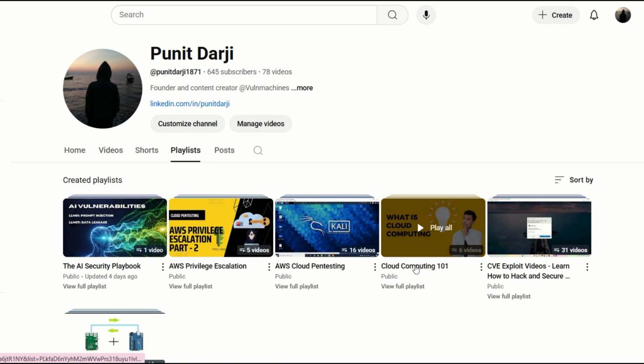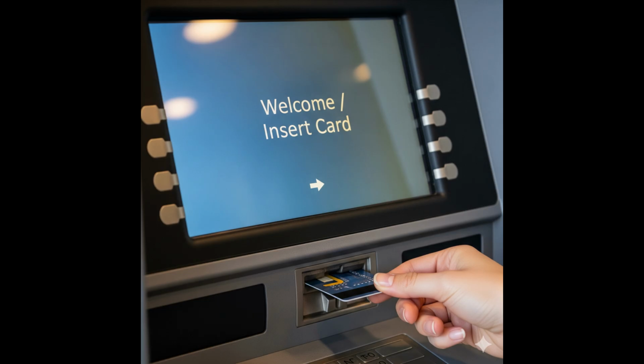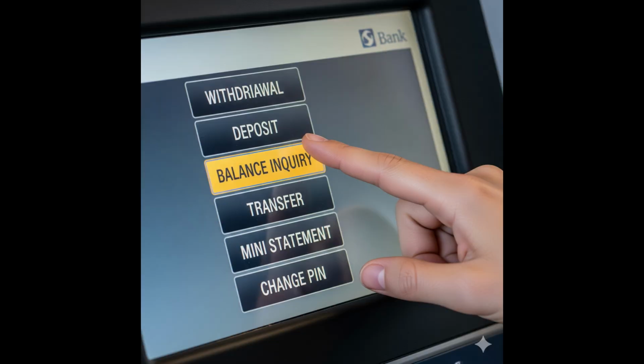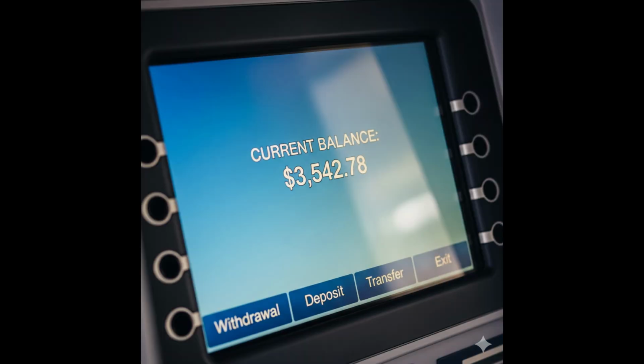So, I'm giving you one example to understand what insecure output handling is. Imagine you go to an ATM and ask for your balance. The ATM is designed to give you your balance data, not your PIN or bank account detail or phone number or any PII data.